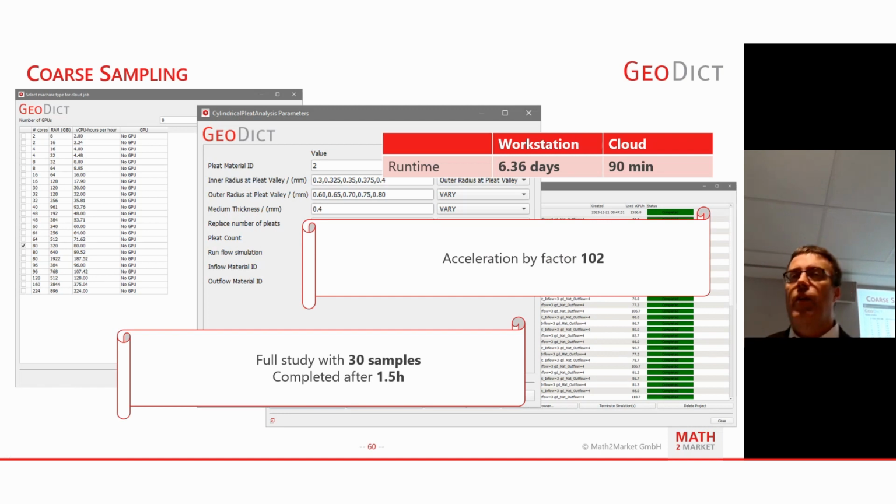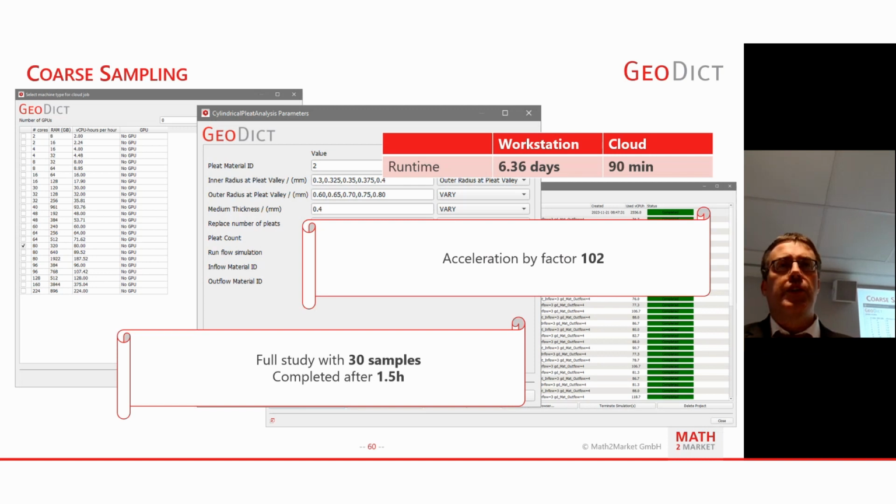In this case, of course, we do everything in parallel. The longest running simulation determines the maximum cloud time. So in this case, we have an acceleration factor compared to our workstation, our sequential run, which would be around 6.5 days.